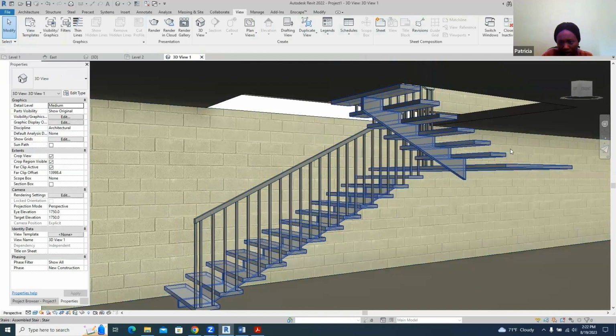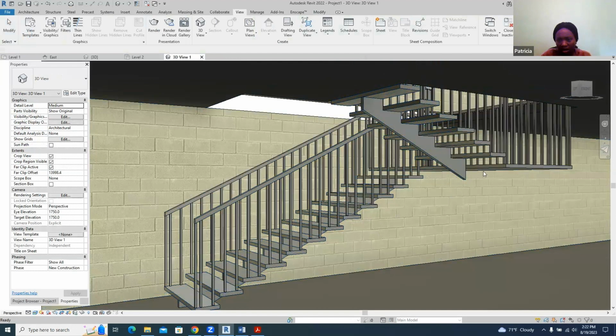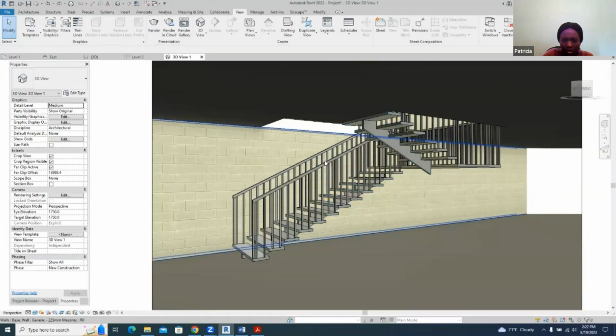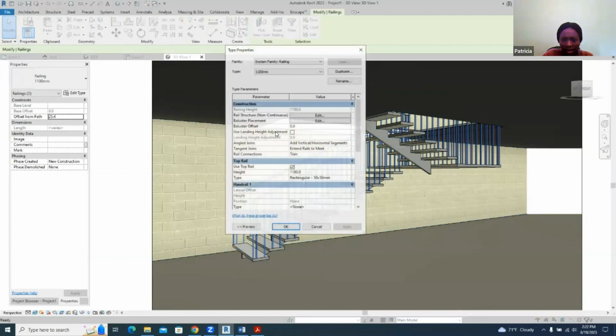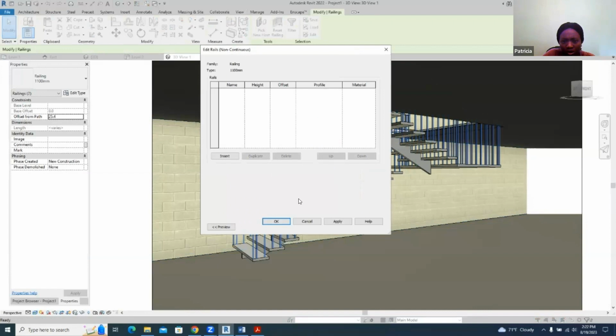So that was coming around here. So let me put it back. So we have our handrail and the stairs. I think changing it to make it look nicer. So control, select all, edit type. So the rail structure, continuous,